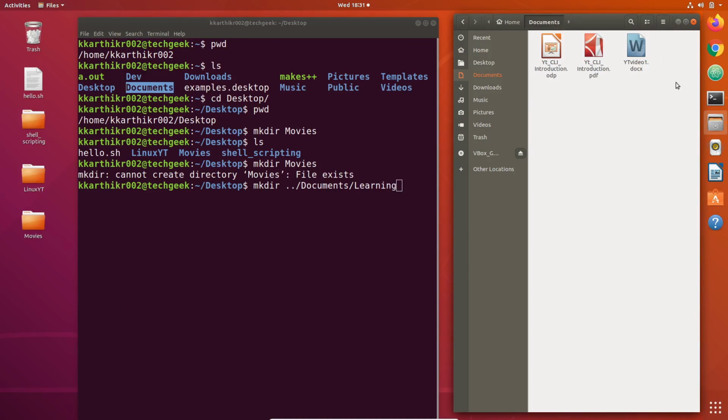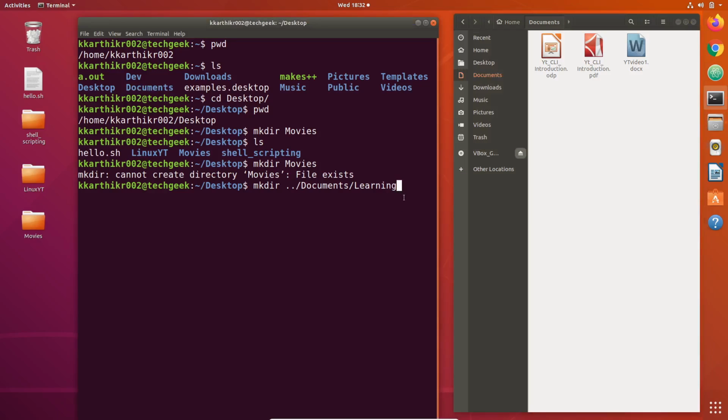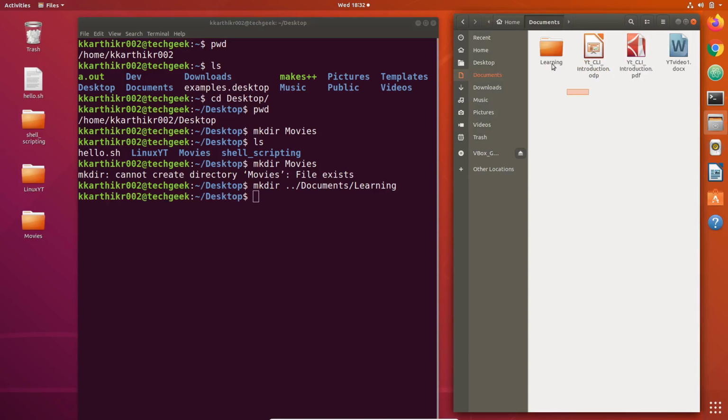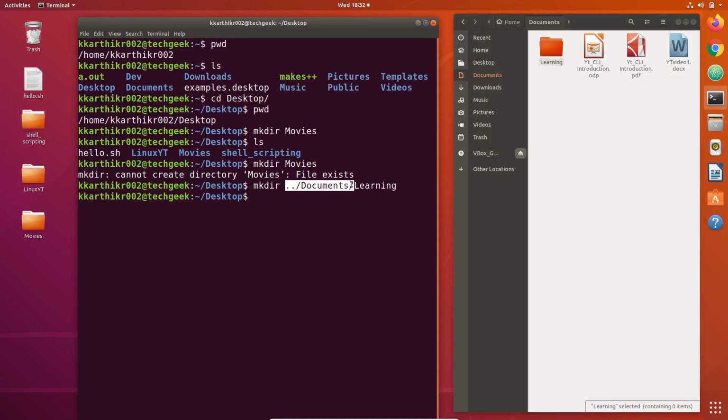You see here there is no directory whose name is learning in documents. Let us just run the command. You can see that a directory whose name is learning was created. In this way we can create directories anywhere in the Linux file system using the path of that location.